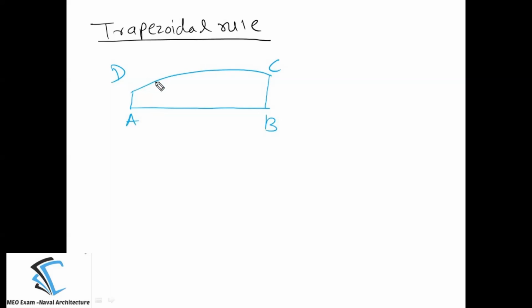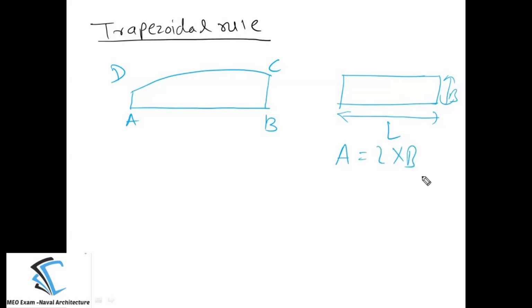So how to proceed for that? Before that, you need to understand what things will be given. Like if you have a rectangle, and I ask you to find out the area of the rectangle, you will ask, sir, please tell me what is the length or what is the breadth of the rectangle. Then we have a formula for the area, L into B, and you can easily find out the area. But in this case, what are the things that will be given? So the given things will be like this.